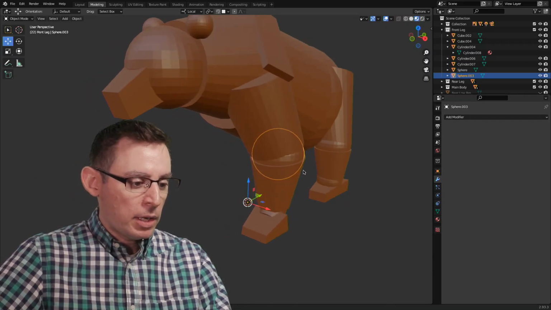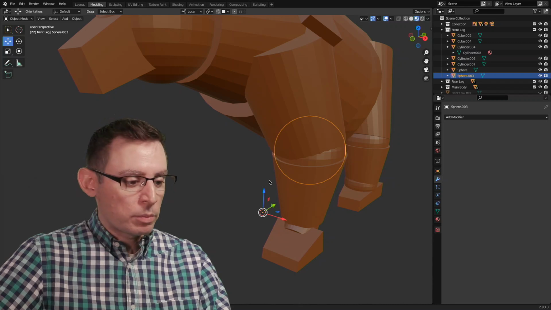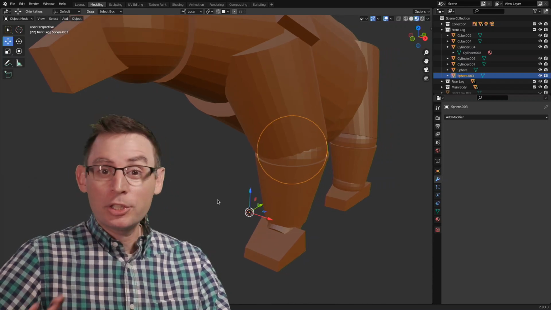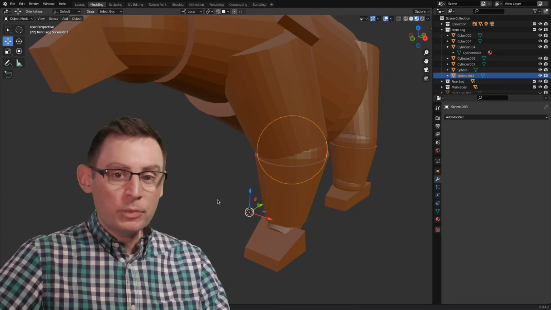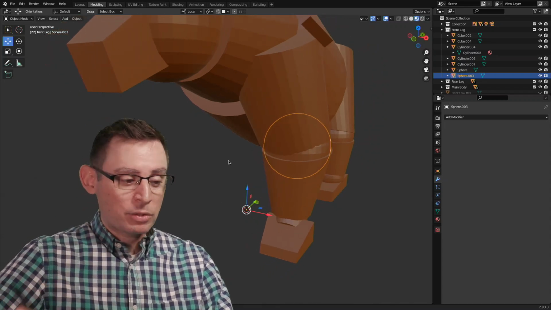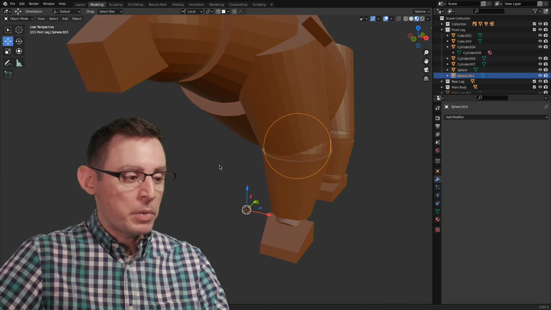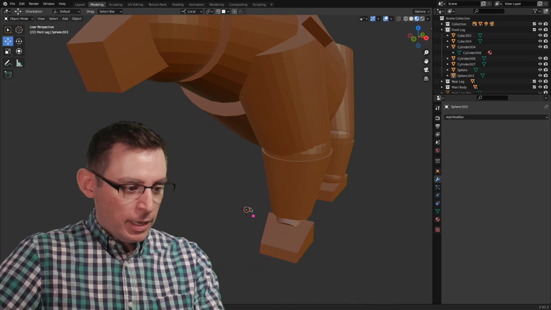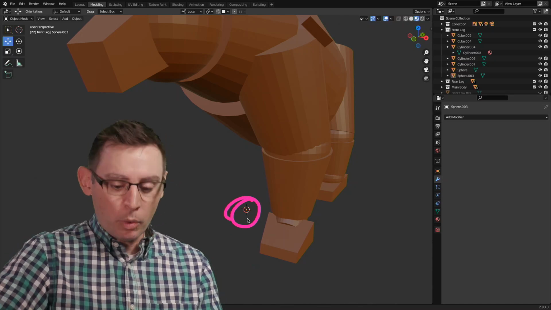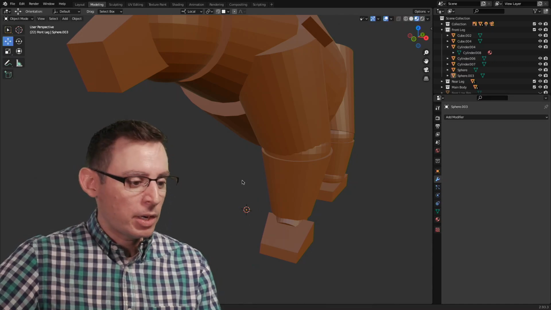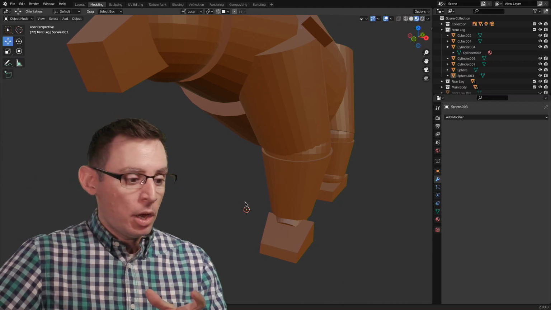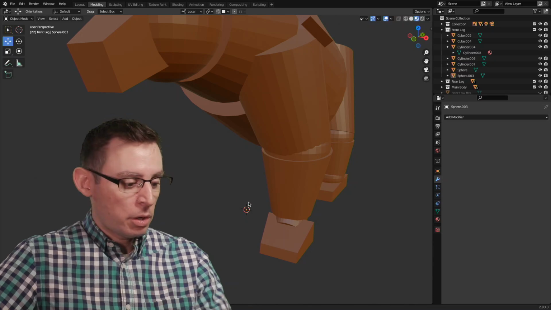Now, if you're having an issue with your origin point, don't know where it is, or maybe you need to change it, here's a couple suggestions. Use your 3D cursor. Your 3D cursor is going to be your best friend when it comes to working with the mirroring tools. Your 3D cursor is this little target looking thing, and it's right there inside of my viewport. That target is going to help us understand where we can place our origin automatically.